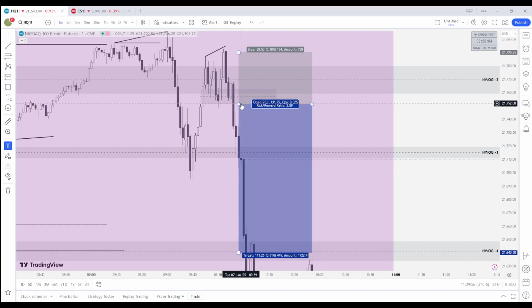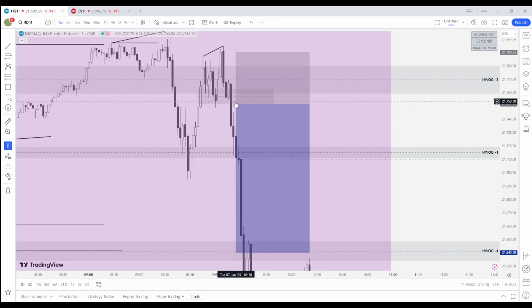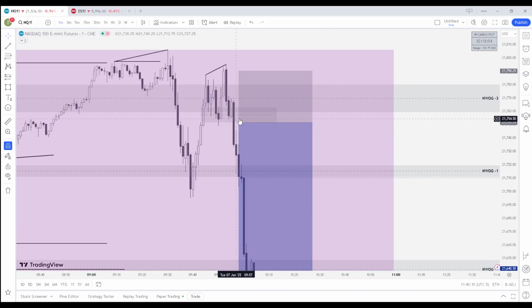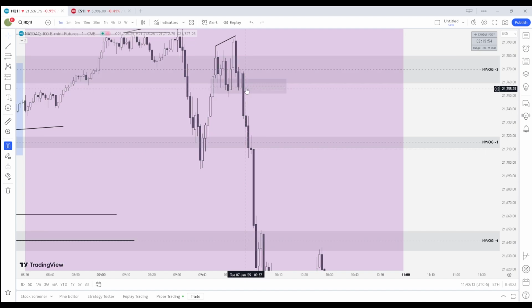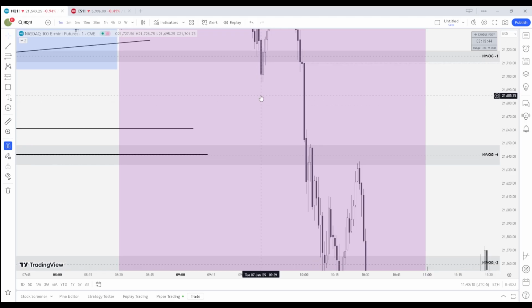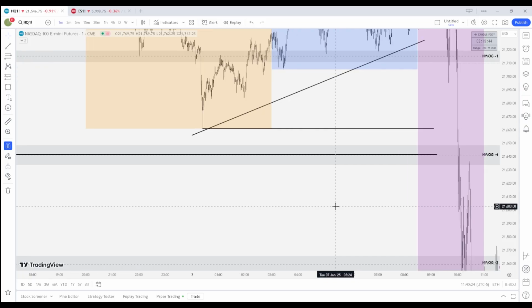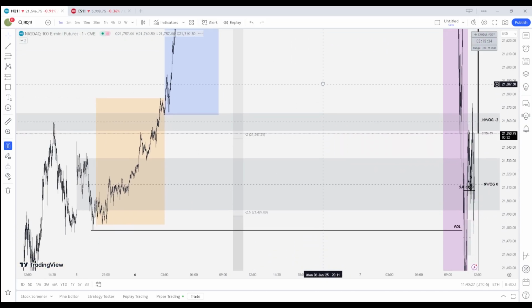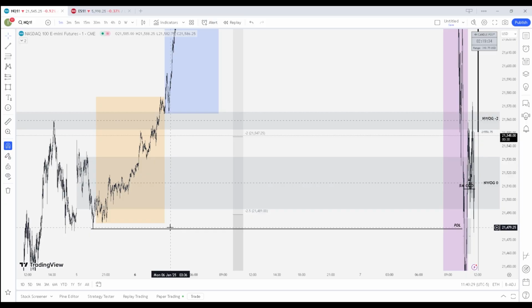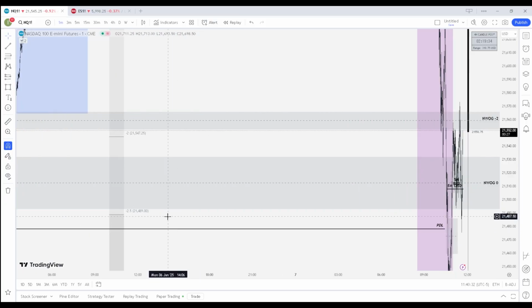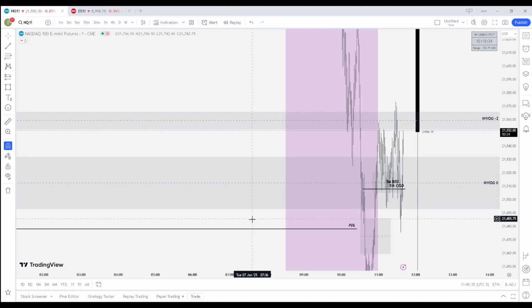But I never set my limits because, as you can see right here, this is like 9:58. That's 2 minutes before news, so I'm not willing to take that risk when we have news in 2 minutes. And news came out and we just dumped. So after that, I was basically kind of just done for the day, because this is my draw that I was looking for the day. We did get the sweep of the previous day low around this retracement range.